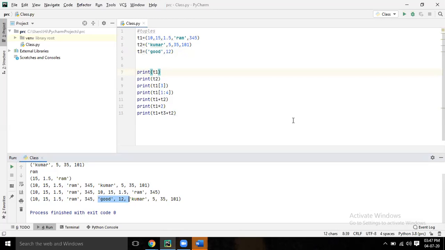Mohan, Masood, any doubt? No, sir. Then I have a doubt. If list and tuple are both the same, only the bracket is changed, then what is the use? Is it only because of the bracket that we are using it, or is there anything else?